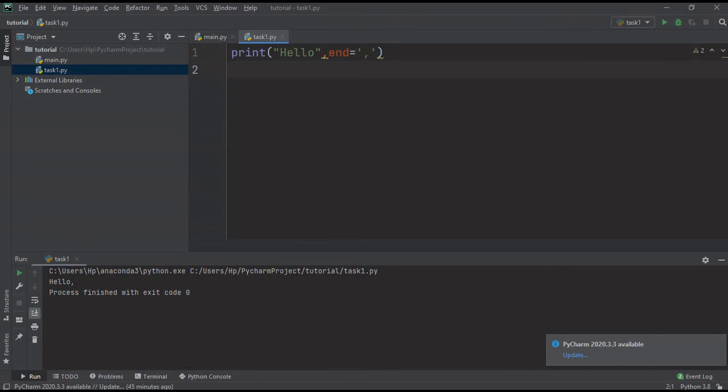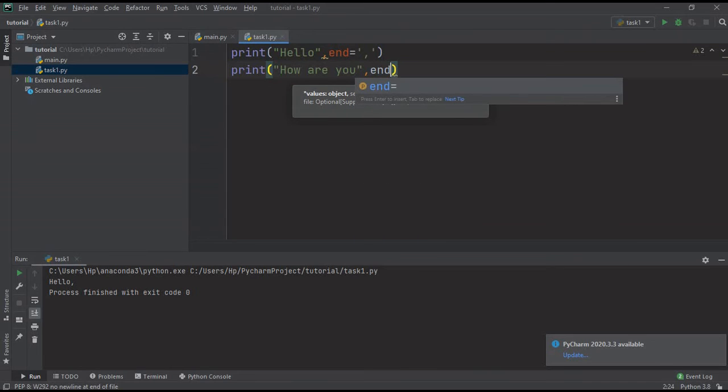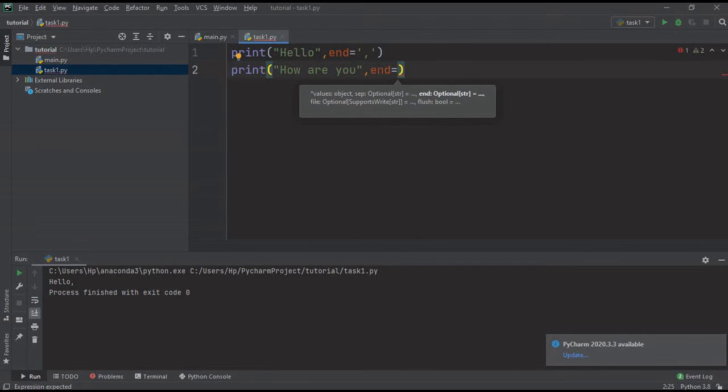Okay. So again, suppose I put the next statement, and again end with, I want to end it suppose with question mark, like this.